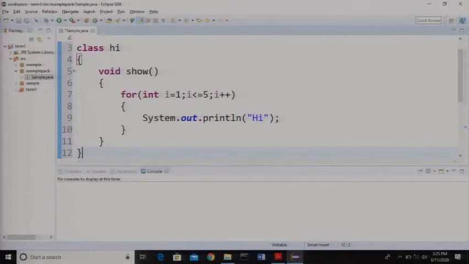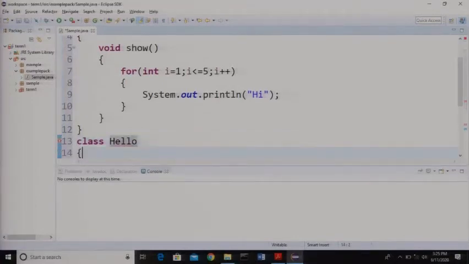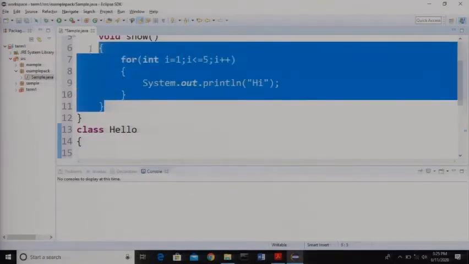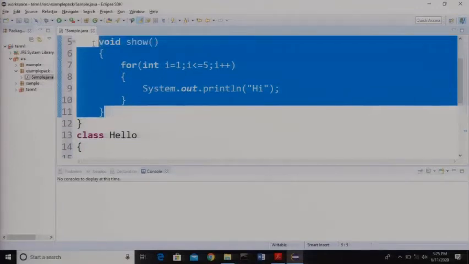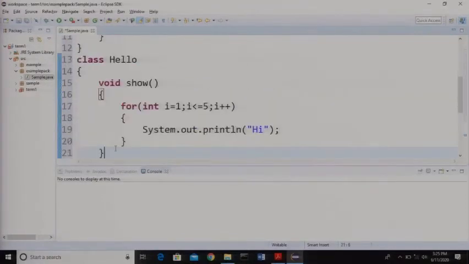Now we have to write one more class, let's say hello class, and here again we need a show method. The same thing I will copy from this hi class instead of retyping all that, and paste it over here, and we will write it as hello.